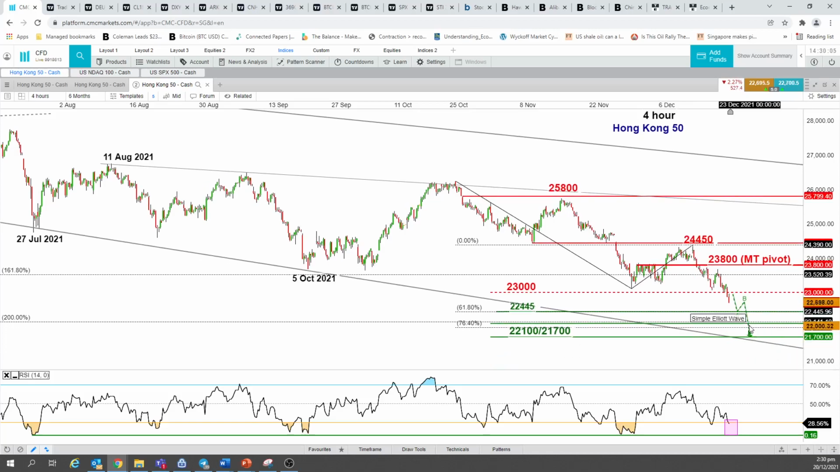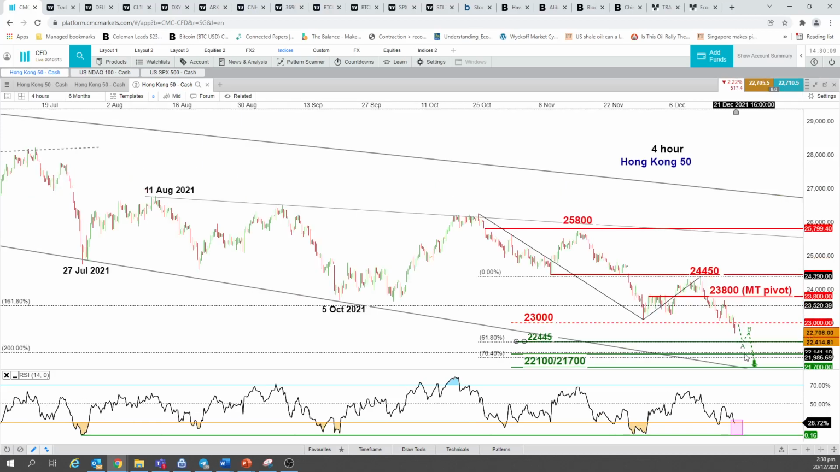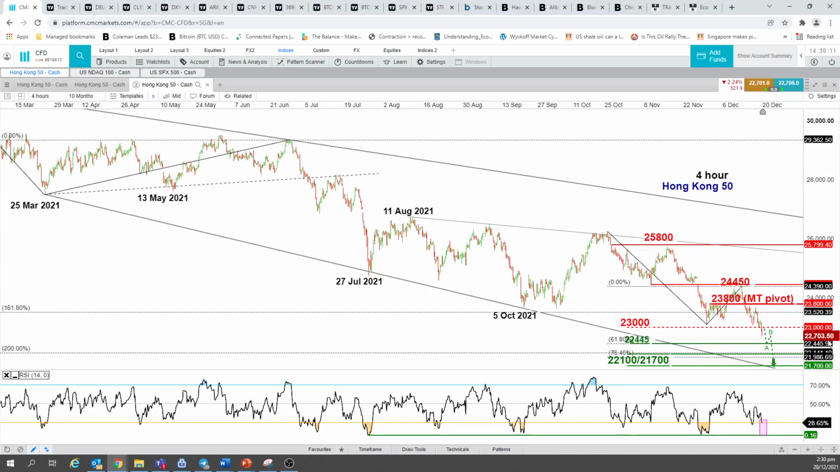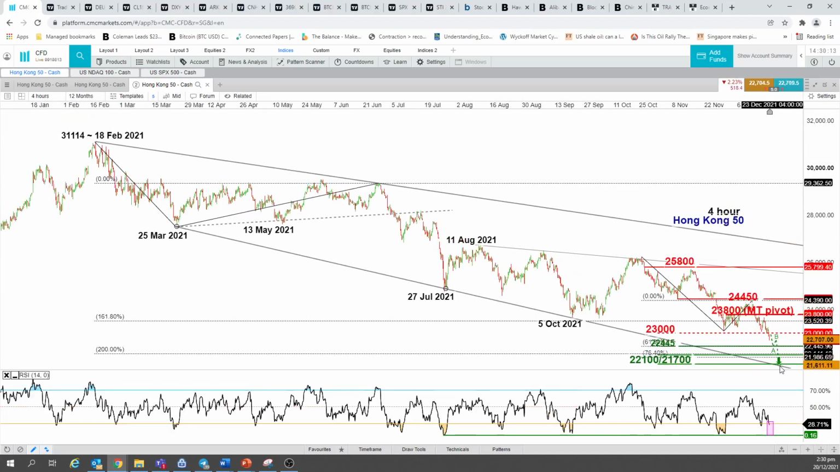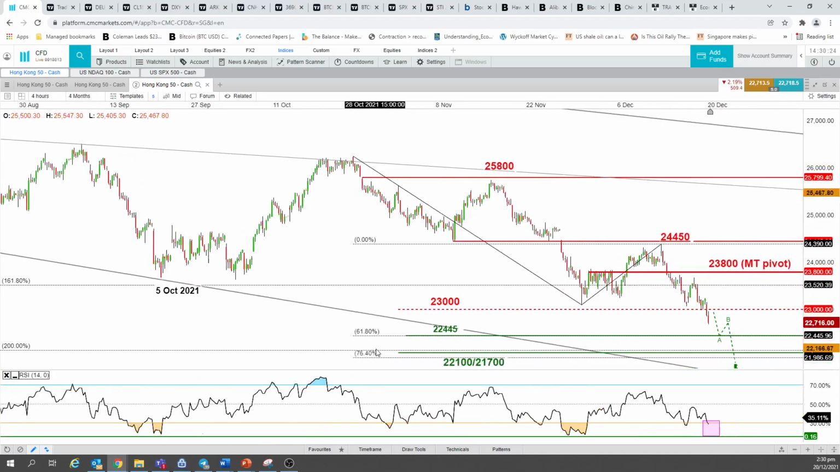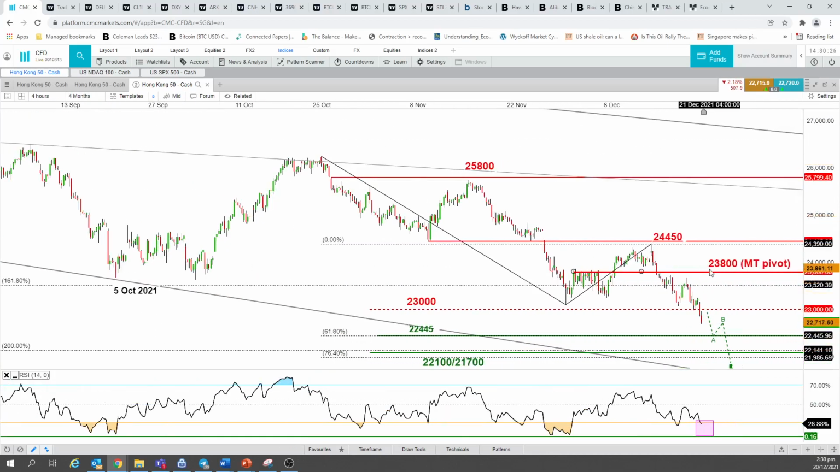21,700. So what's this level? In fact, it's a confluence of Fibonacci expansion level as well as the lower boundary of this major expanding wedge configuration that is in place since the 18th of February 2021 high, which is the 52-week high at this level. So if we could have a 4-hour close above 23,800, then we may start to see